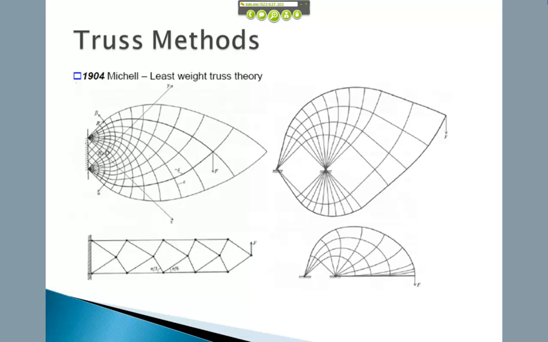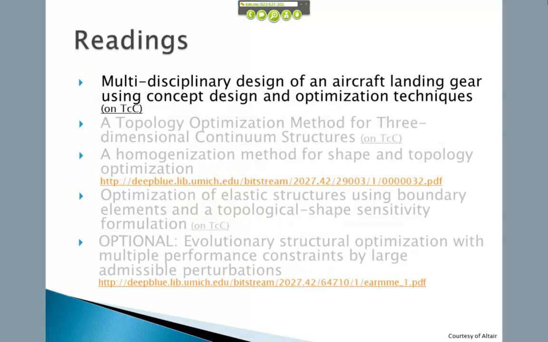What cross-section of the truss am I going to use? It was driven by trying to get the fewest number of elements and the smallest cross-section of the truss to do that. And there are plenty of papers that talk about and reference the truss